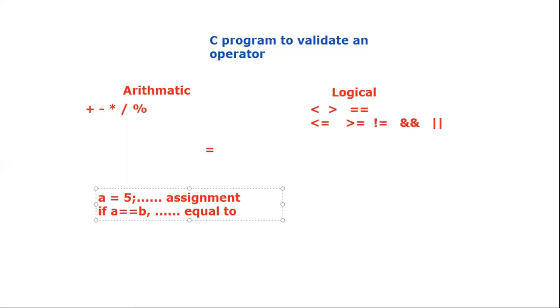So today we'll do the program. What task will this program perform? The program will take simple input from the user, and it will declare from the user input which operator is being used. And if no operator is given as input, it must print an error that this is not an operator. So to do this, let's start with the programming.